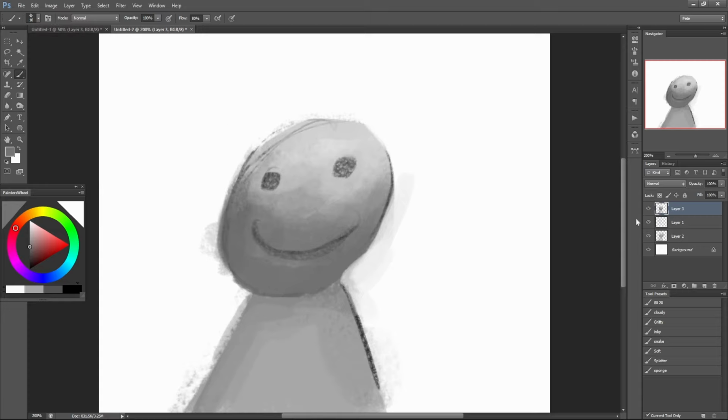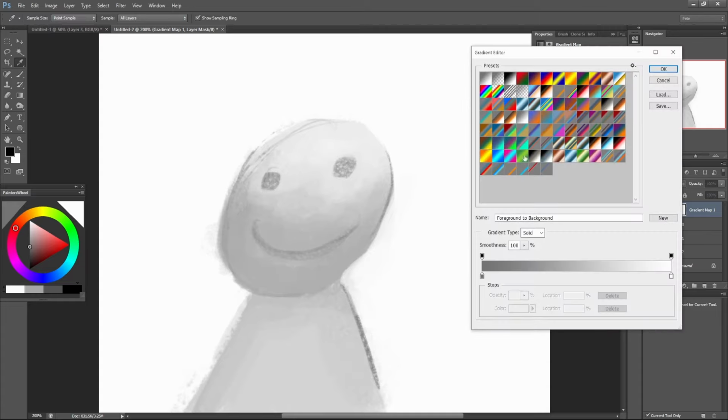And this is the rough value. Then you add color over the top of this, and then the lines start getting color. So if we had a gradient map on top of this,